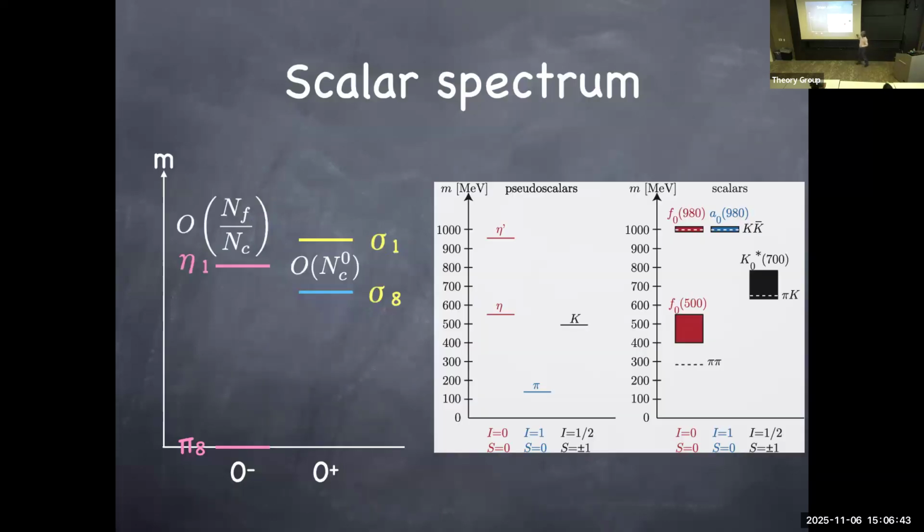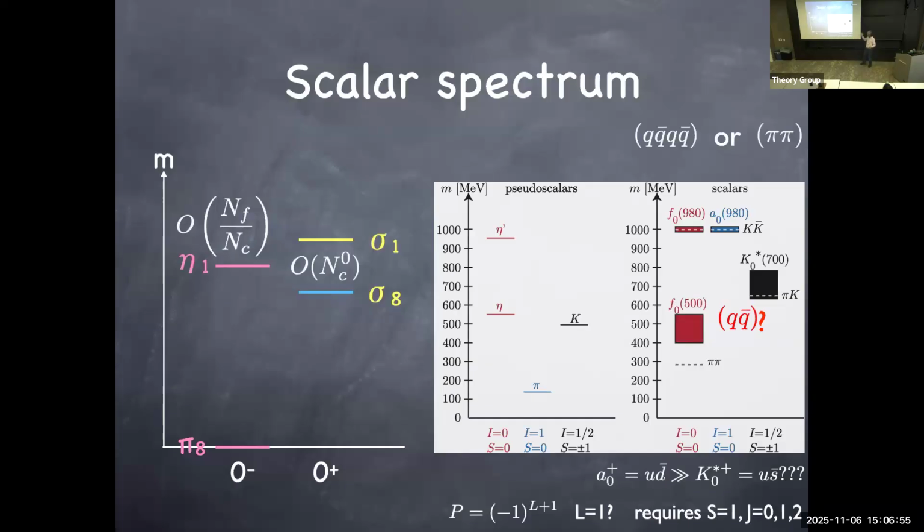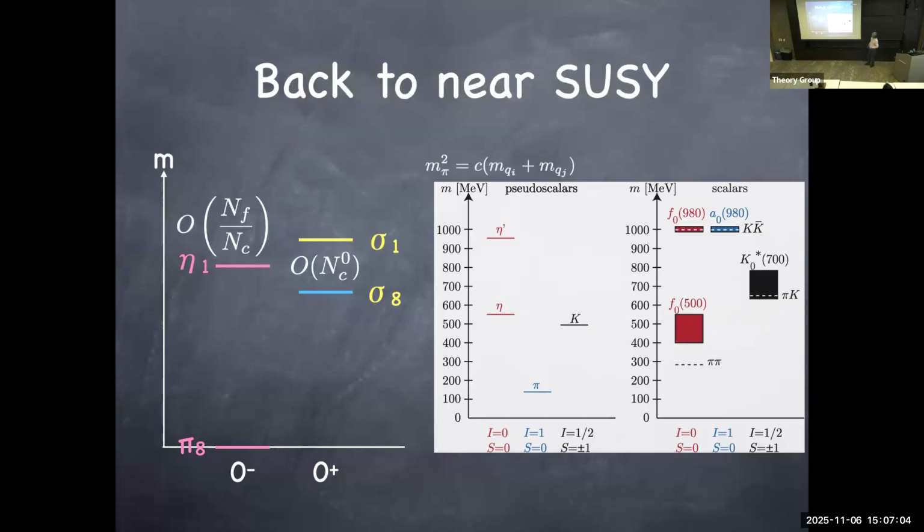So these states are established, and I told you about this upside down spectrum. And these states are not QQ bar mesons, it turns out. They're believed to be either tetraquark or meson-meson molecule. And that sounds exotic, but that's the way we can understand this, because otherwise you can't explain the quantum numbers. And by doing the calculation I outlined before, you can work out what the spectrum looks like.